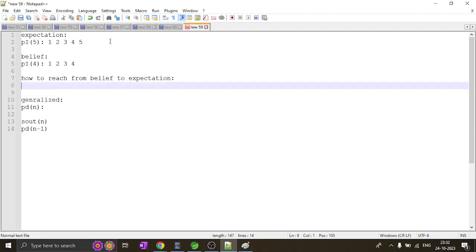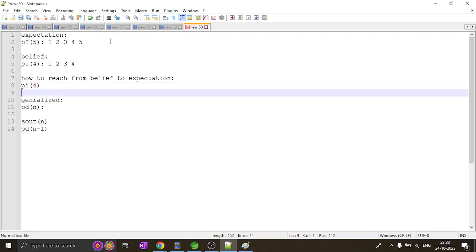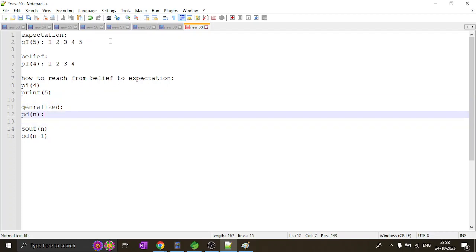So what we can do is we can have print increasing of 4 and then just print 5, right? Print increasing of 4. So this is the belief that we have, and then we can just print 5. So this will get us the desired output that we want. So in general,